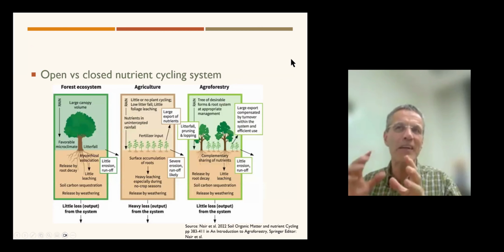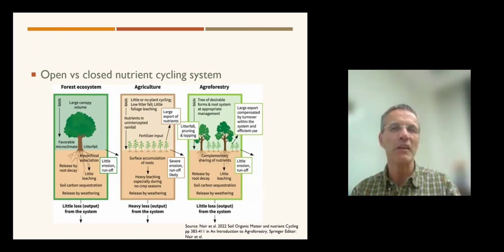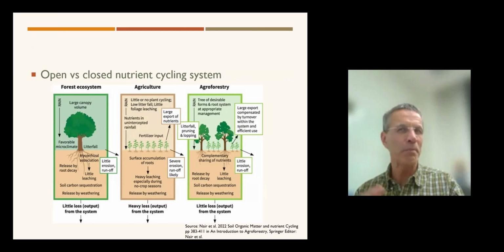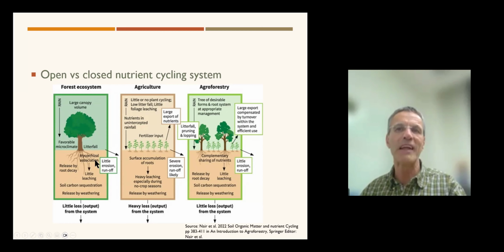I think probably the most researched topic in agroforestry is the whole issue of nutrient cycling. It makes a lot of sense because it's pretty obvious what's going on. When we think about a forest ecosystem where you have fairly close canopies, you have litter that falls down, microorganisms decompose that litter, and those nutrients get picked back up into the tree, and so the circle continues and continues. There's very little loss from the system, especially in a closed forest ecosystem.